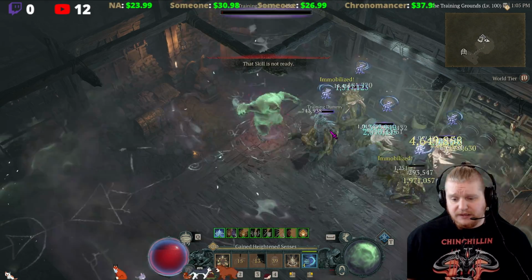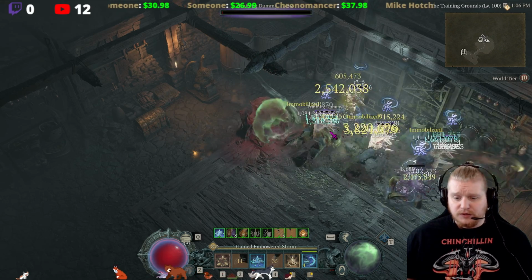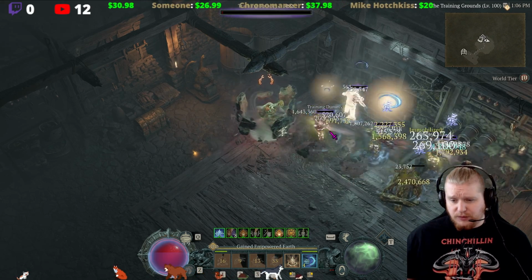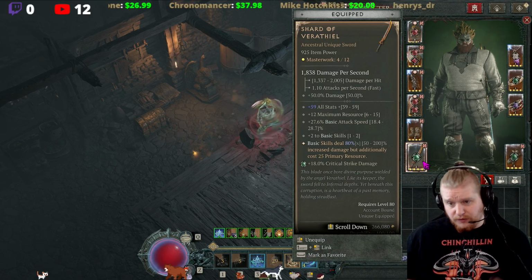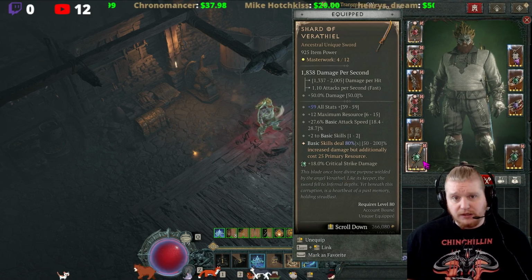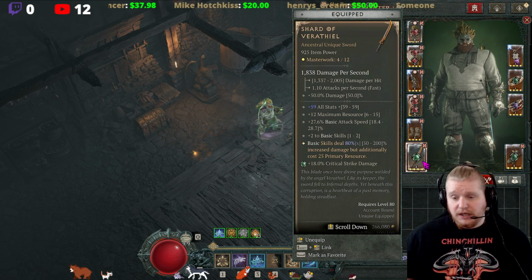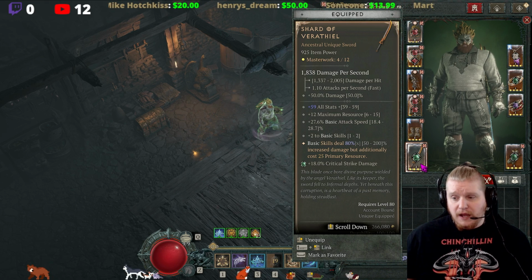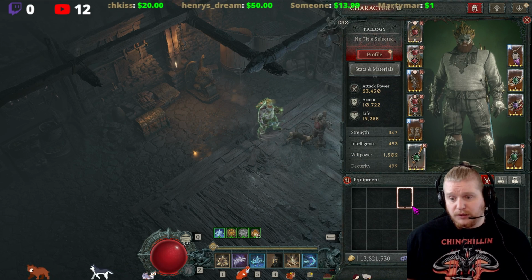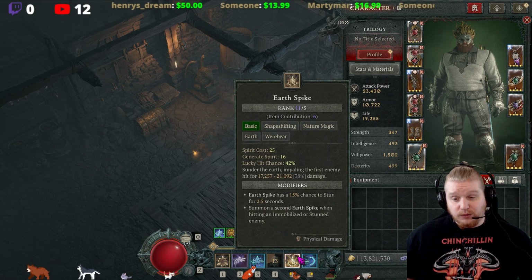This is a triple basic build that I've designed around the Shard of Verathiel, and it's actually been working surprisingly well. I do not have it completely finished, obviously, as you can tell, because my Shard of Verathiel is only an 80% multiplier, as opposed to a 200%, which would be a pretty huge difference in damage. I mean, what is that, 120% multiplier that I'm missing? I'm also missing some of my other multipliers as well, but basically this whole build designed around using 3 basic skills